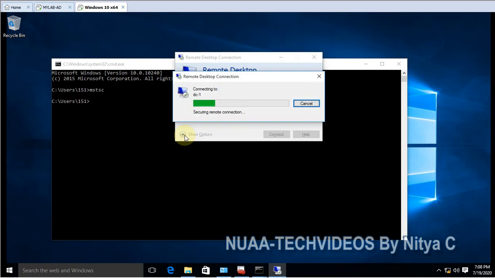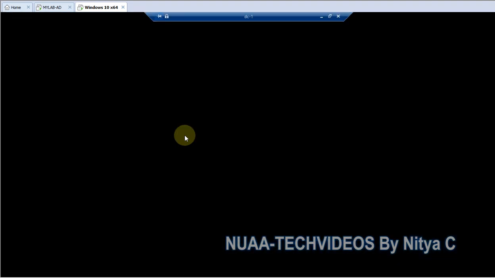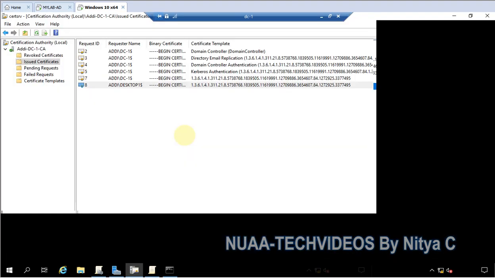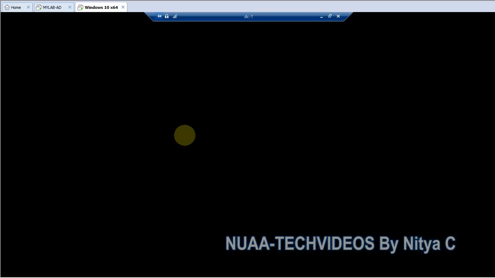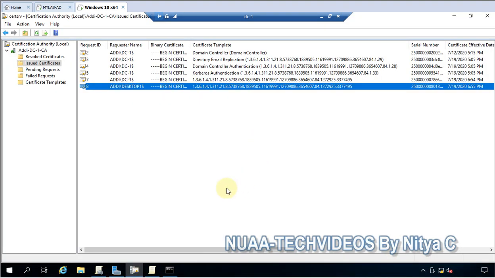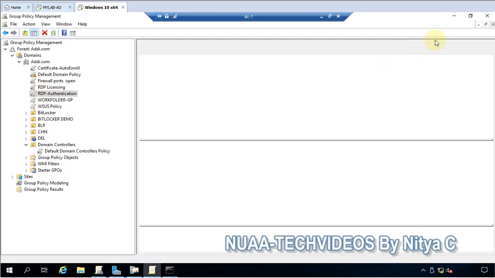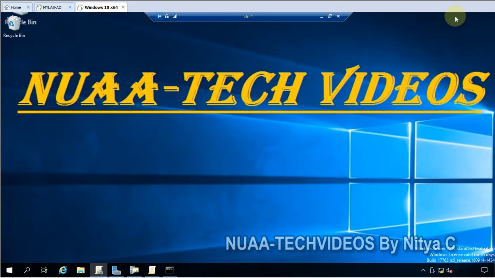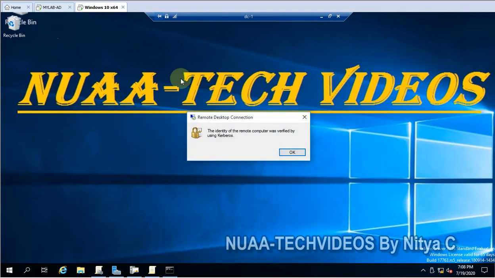Have the password, and if all the certificates are in place, then I can RDP directly. You can see I RDP'd, and this time I am not prompted for this. Let's verify the certificate.